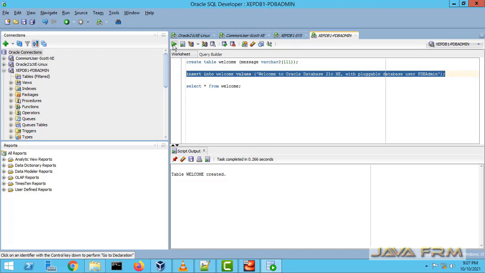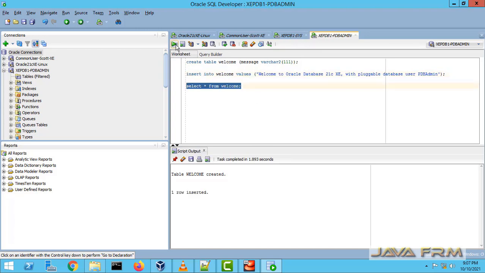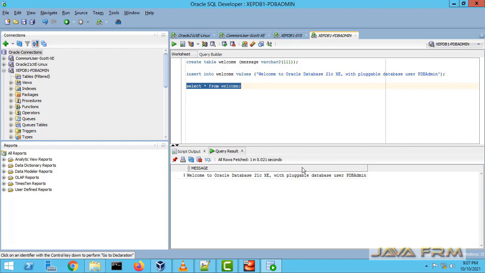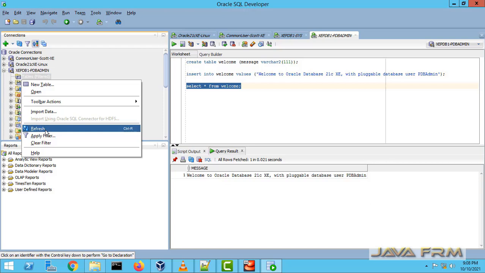Not only PDBADMIN, an external user can also access this pluggable database. Yes, so I am able to create, insert and select records from the pluggable database as PDBADMIN. Okay, so everything is fine now.